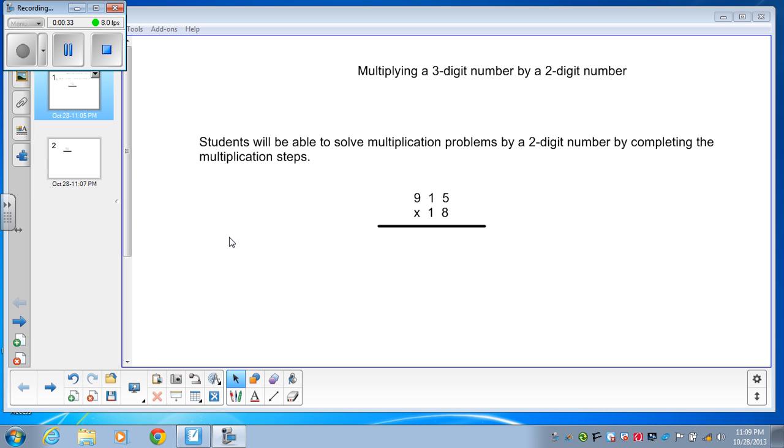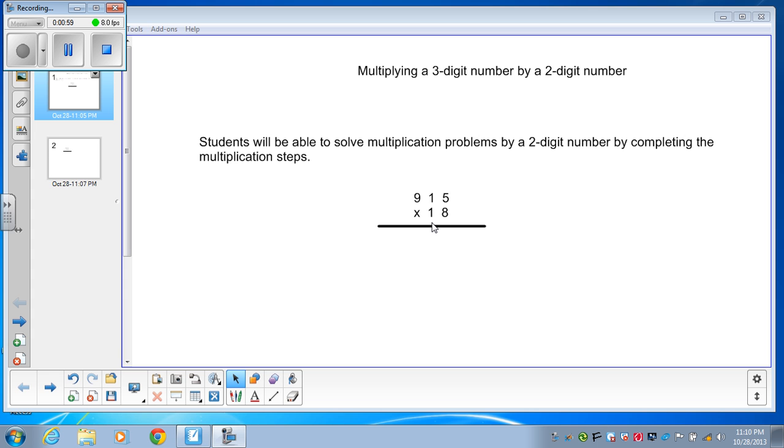And then the second one, I will pause and ask you questions in order to do the think aloud processing for the second one. All right, let's begin. When we multiply a 3-digit number by a 2-digit number, we start by looking at the